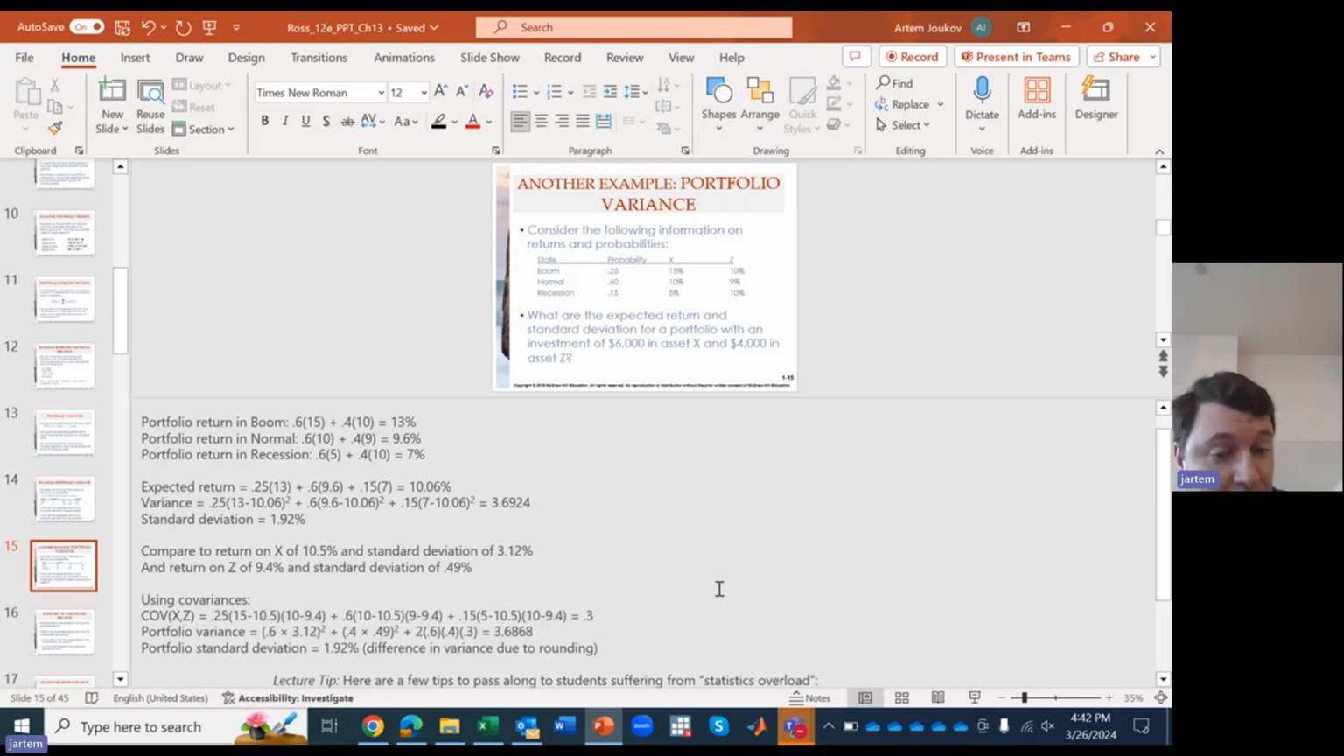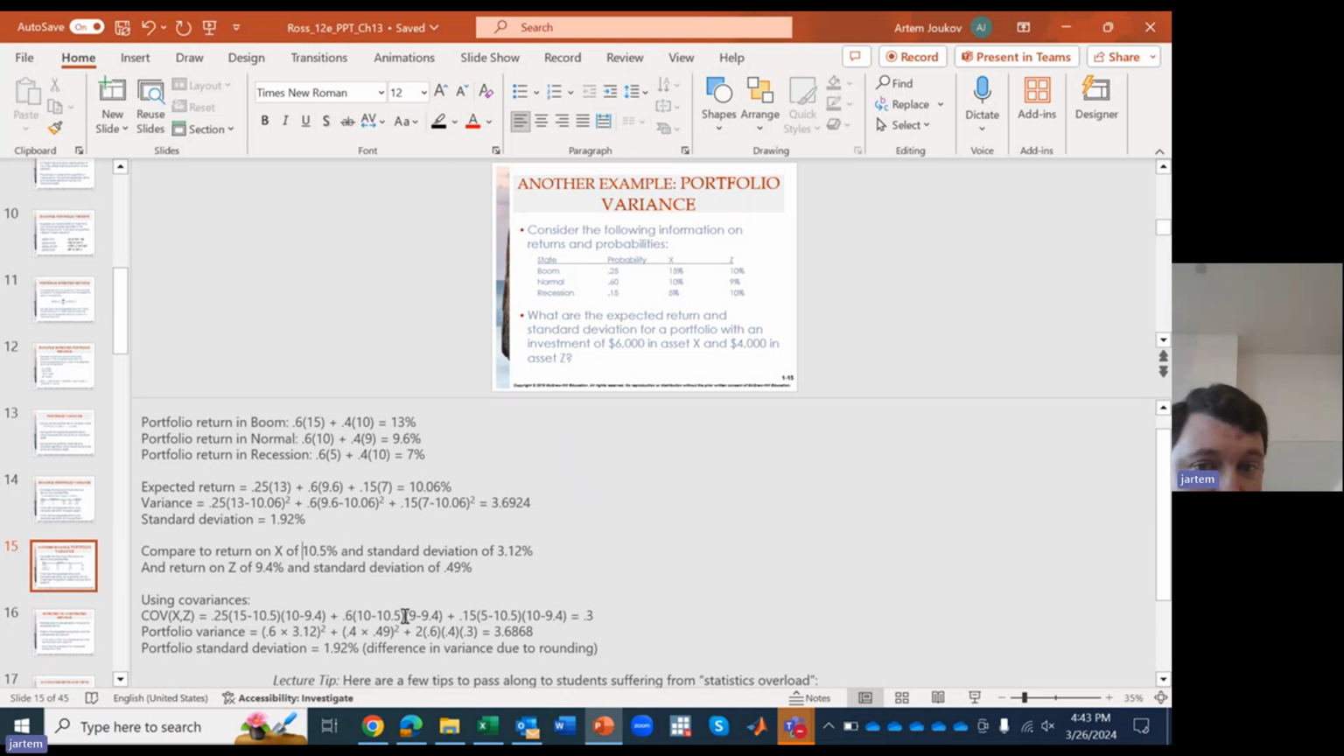And the way you would calculate this covariance is you would take the weight, the probability of this economic state, and then go through and figure out using the return of X, which is 10.5, and the return of Z. So what you would do up here is you take 15 minus 10.5, multiplied by 10 minus 9.4, and that's in that state. Then 0.6